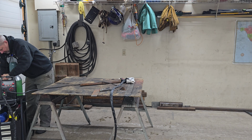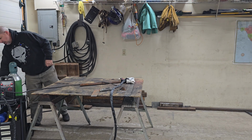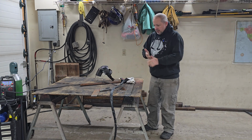Get on there. There we go. Turn the air on. 58 amps max. That gives you the ability to cut pretty much thicker than most home users would ever want or need to cut. Okay, so